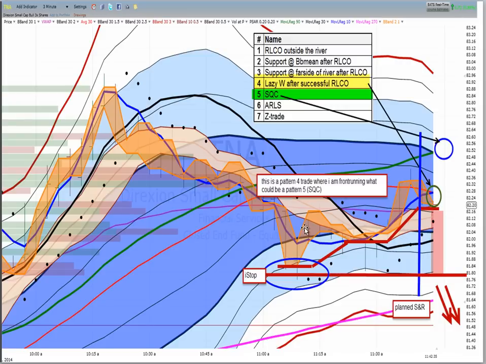Well, what actually happened? This ended up being approximately a scratch. It came up and tested the far side of the river, which gave us a chance to get our stop moved from 81.80 up to no lose plus dinner for 2, and shortly thereafter we were scratched out for a minor win. And then after that failure, it came down and took out 81.80,